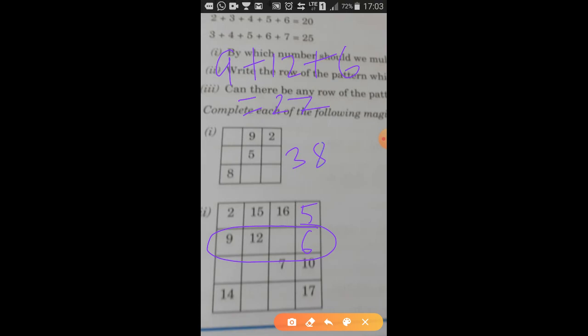How much do you need to add to 27 to make it 38? So for that you will, so 27 plus what, 11? Yes, 27 plus 11 is 38. Yes or no? So what will you write? You will write 11 over here. Why? Because from 27, if you want to go to 38, you need to add 11 to it. Okay, so this third box is 11. Yes, so I write down 5, 6, 11 over here.